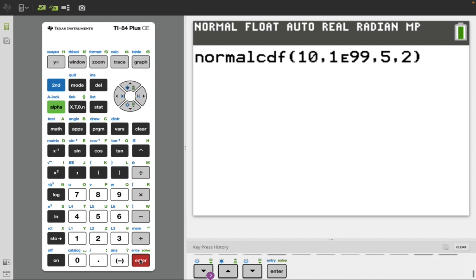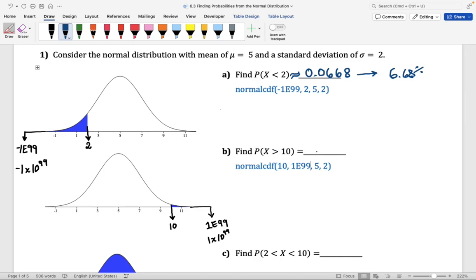You're going to see the whole expression in one line. Go ahead and click enter again. And this is the probability. This is the area above. Let's round to 4 decimal places. We're going to say that the probability of x being greater than 10 is approximately 0.0062, which is equivalent to 0.62%. Notice on this exercise, I'm showing you how to find the area above a given x value.